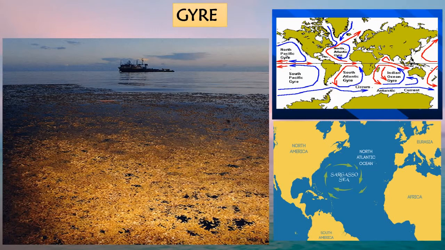Now, for example, here we have in the map Sargasso Sea. It is in the Atlantic Ocean. It is marked by the circular pattern of ocean currents. It does not have land boundaries and is only surrounded by ocean waters. It gets its name from the sargassum seaweed. Mats of free-floating sargassum, a common seaweed found in the Sargasso Sea, provide shelter and habitat to many animals.